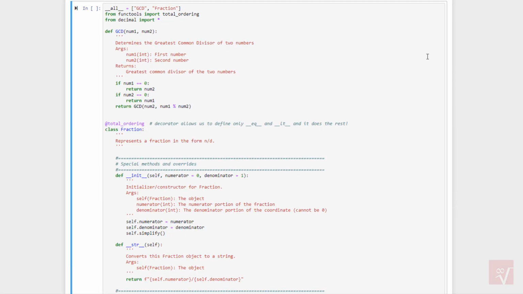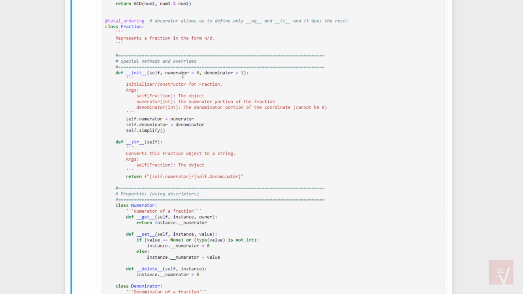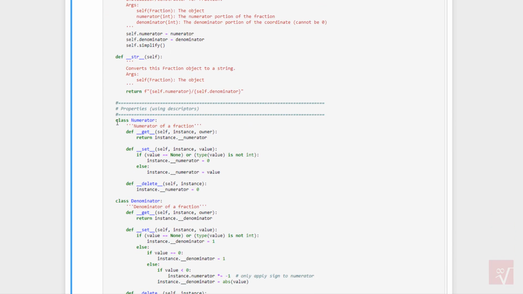We're only going to briefly talk about the private class data design pattern. The reason is you already know it. If you look on the screen right now, you'll see I'm referring to the fraction class, which we've used in several different demos. To make the private class data design pattern work, you essentially have to create these descriptors, like